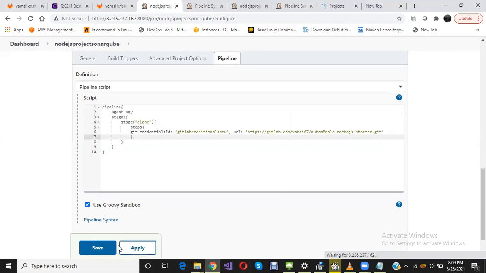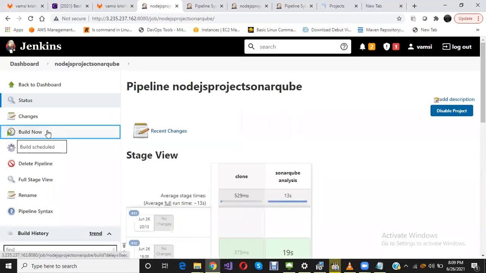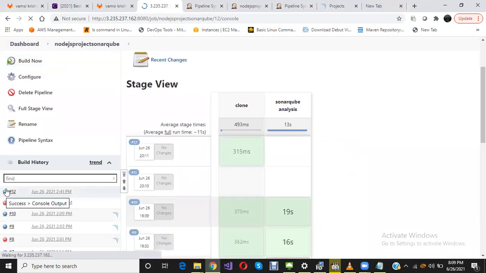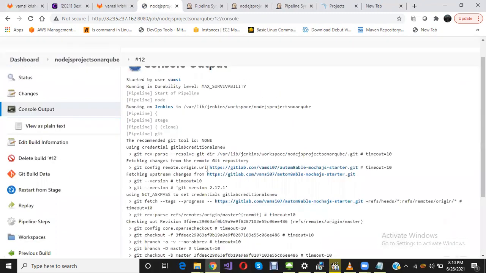Okay, let's give apply and save. Give build now. Yeah, now I have cloned my code.